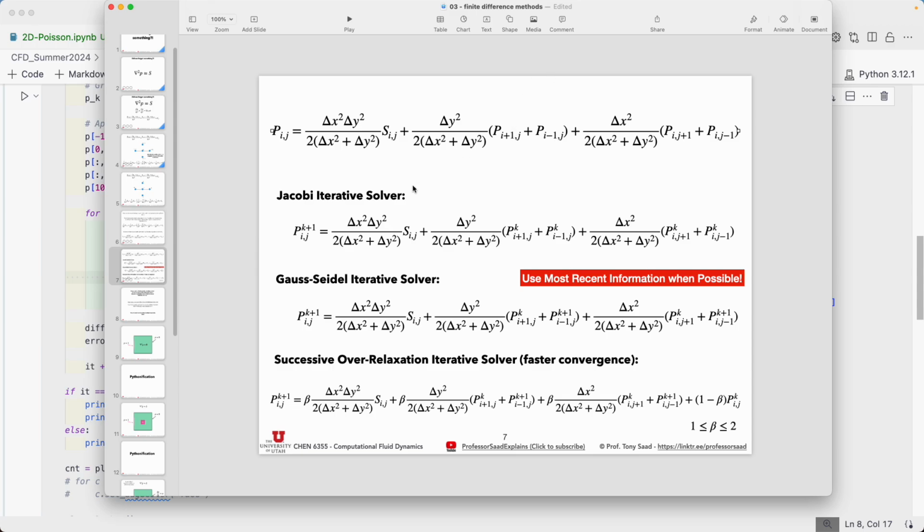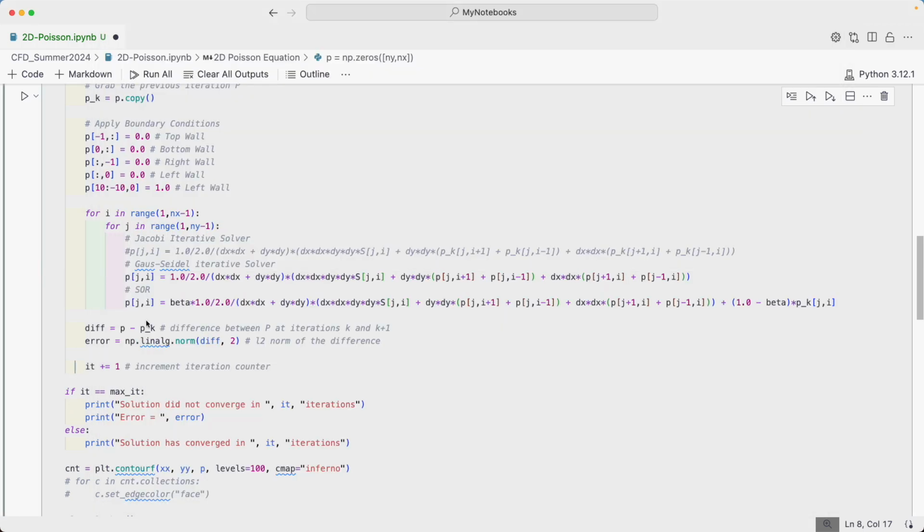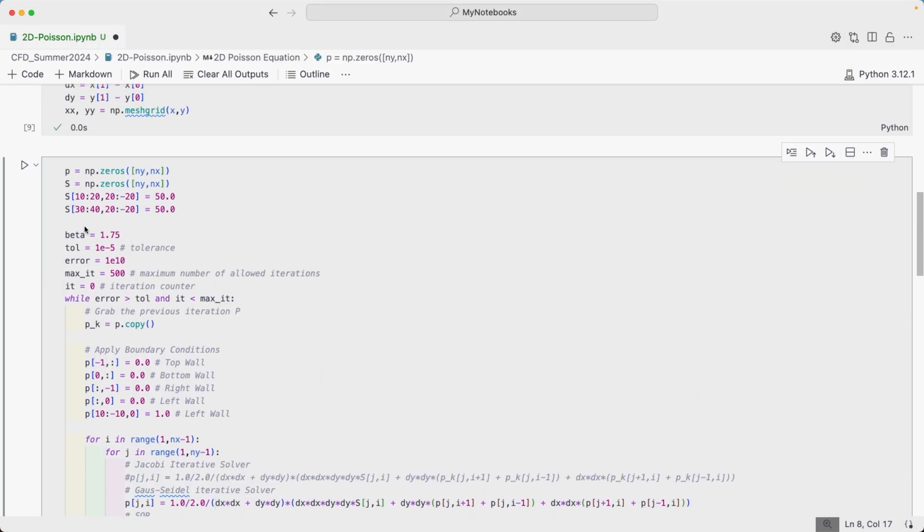If you want to get just the steady state solution, then you have to pay that price to solve everything as an implicit system of equations. And you avoid solving that whole matrix by using iterative solvers, while you do several iterations and then try to converge your initial guess for p into a steady state one, which should be converged to your tolerance, which we specify here, within a maximum number of iterations specified